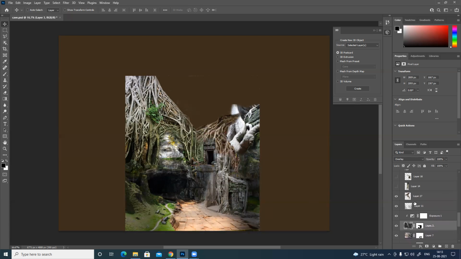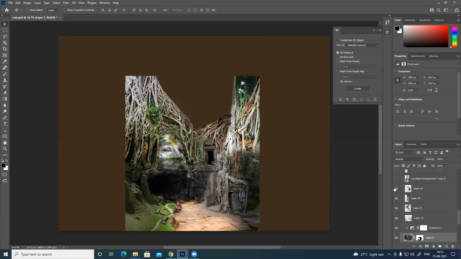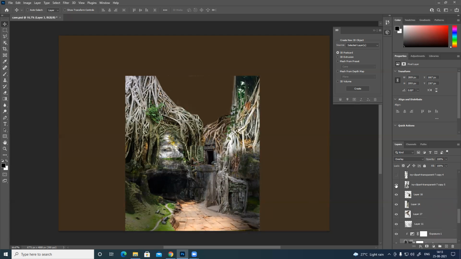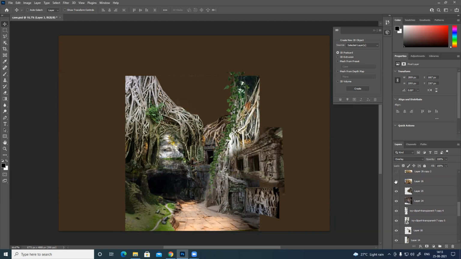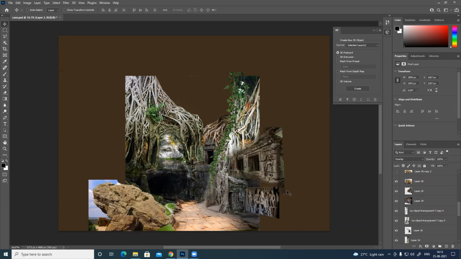Again a few more roots, you can see roots again, some creeper, and again some wall, some engraving and all those things. All these photos I have manually manipulated. They're normal street photos. I just used perspective and created this perspective angle. Then the rock, the same rock copy pasted multiple times.